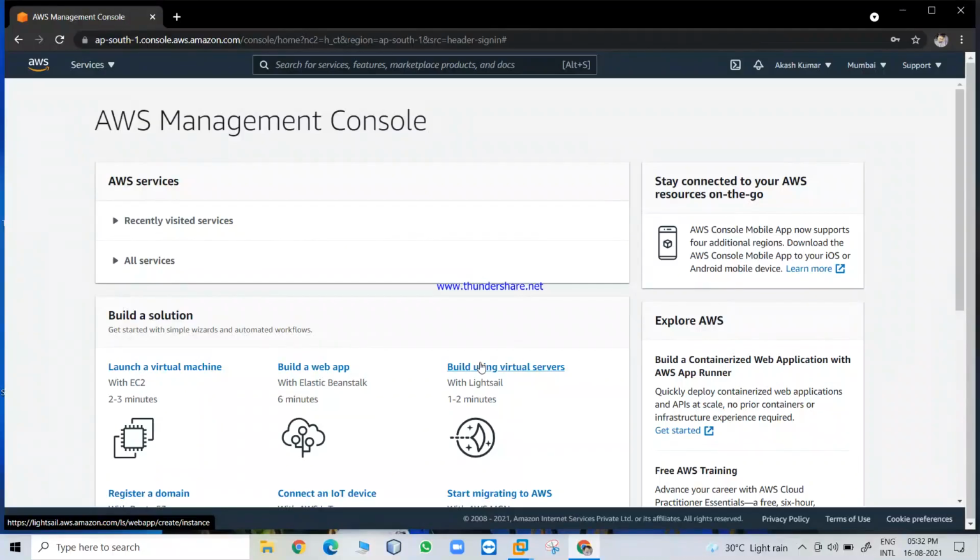Today I'm going to explain how to host a static website using an EC2 instance. You can see that I am already inside the AWS console, and we just have to search for EC2 instance.